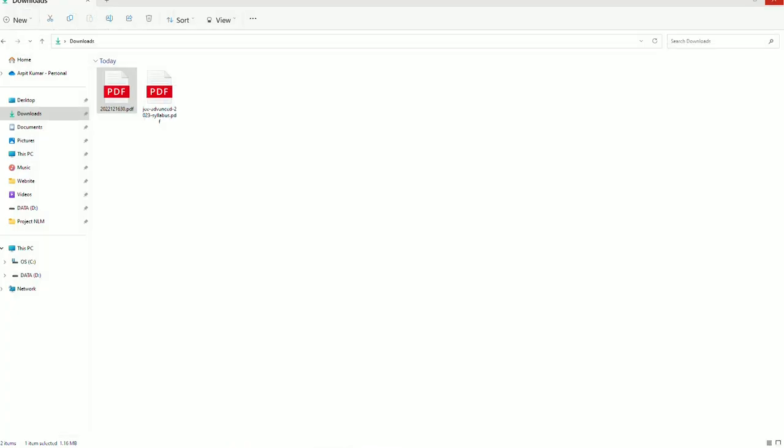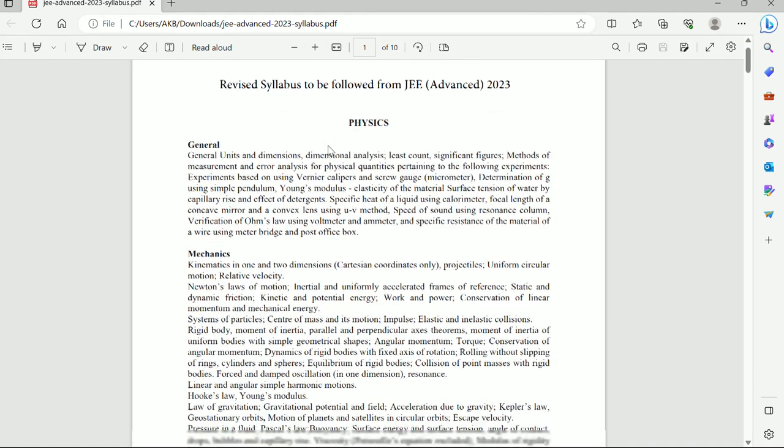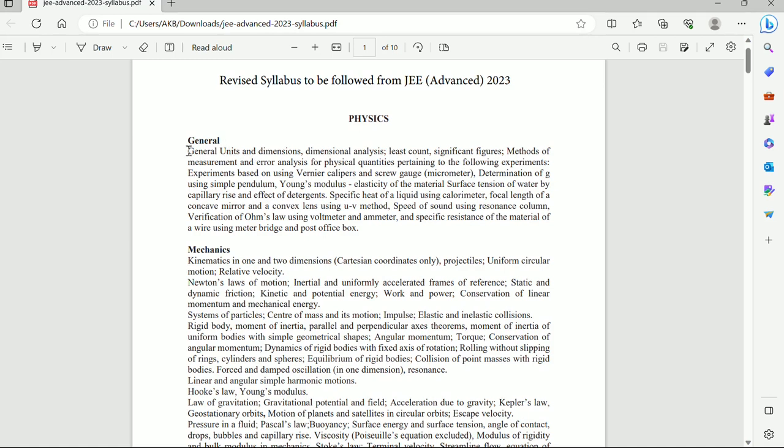Now let's discuss the JEE Advanced syllabus. JEE Advanced is a little bit more advanced than JEE Mains. Topics are mostly common in both exams, but we have to study a little bit deeper for JEE Advanced. For example, dimensional analysis, error analysis for physical quantities, vernier calipers, screw gauge, determination of g using a simple pendulum, Young's modulus of elasticity, specific heat of a liquid using a calorimeter, convex lens using the u-v method,